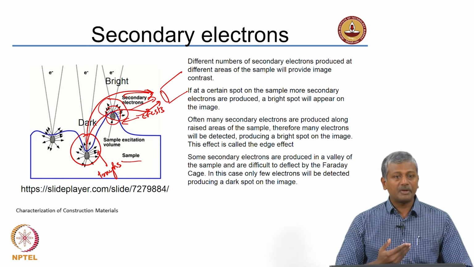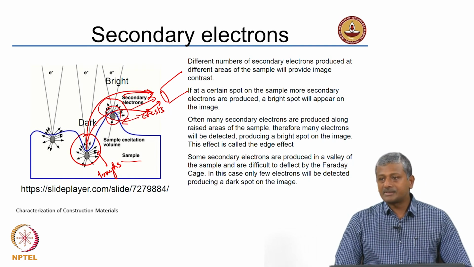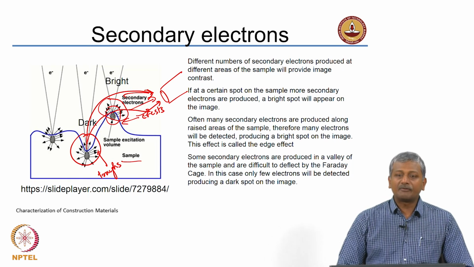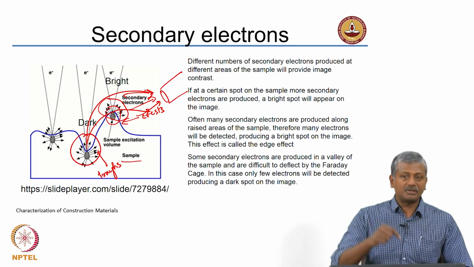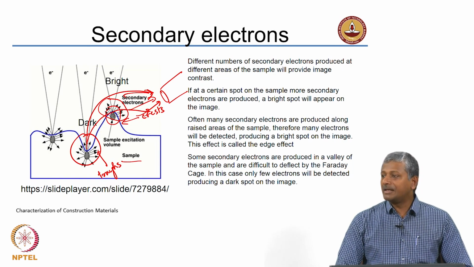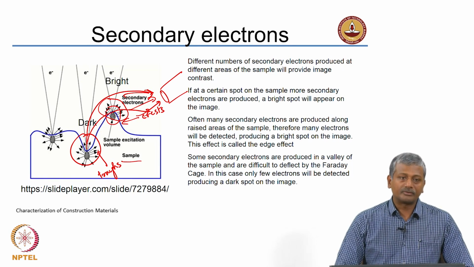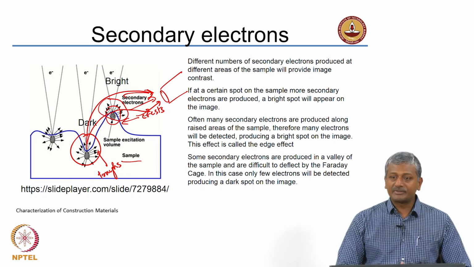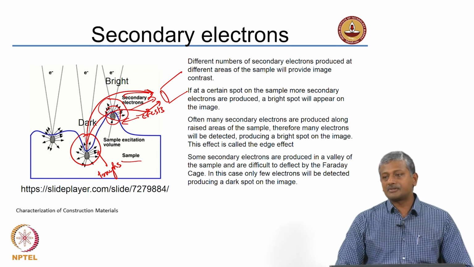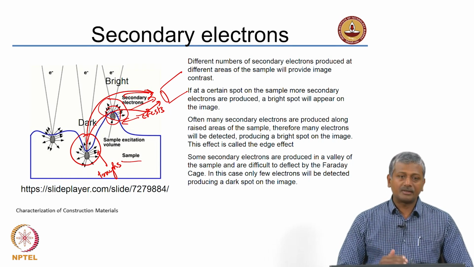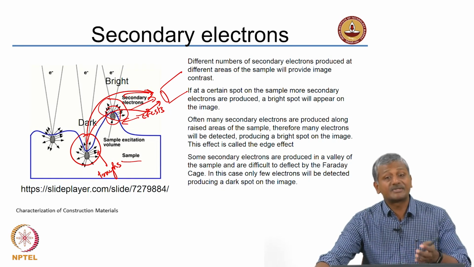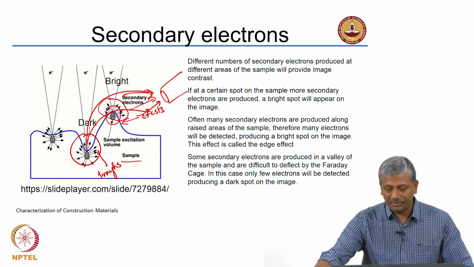At the same time, keeping more than 1 millimeter of the specimen in focus is something of a wonder as far as microscopy is concerned. You can never do that in optical microscopy. In optical microscopy, you have to work with flat images when you are looking at reflectivity, and you can't extend the depth of field beyond a few microns. Because of this possibility of collecting electrons even from deeper and higher regions within the surface of the specimen, you can distinguish features that are separated by a significant amount. That is the reason why your scanning electron microscope in secondary mode imaging can have a very high depth of field.